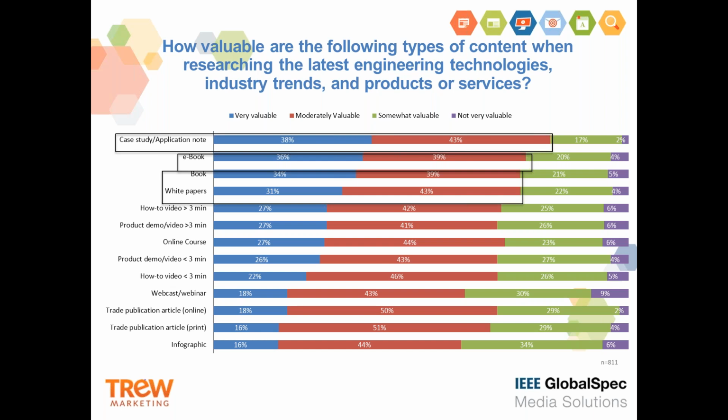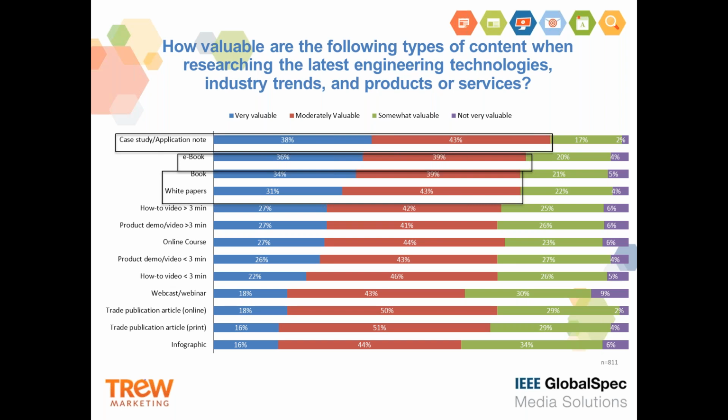And so it's really interesting about this. The case studies and white papers are content types that we see always popping up at the top. But I thought it was interesting to see that ebooks and books also show this longer copy type of content. And as I go into the regional and the age data, you'll start to see where the how-to videos and videos over 3 minutes are starting to show up, and what's driving this macro data is in the details of age and region. I'll show that in just a minute.